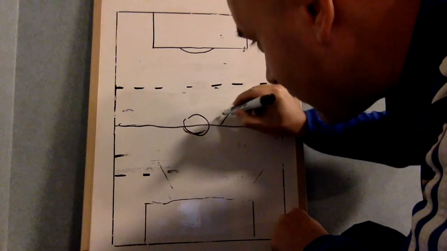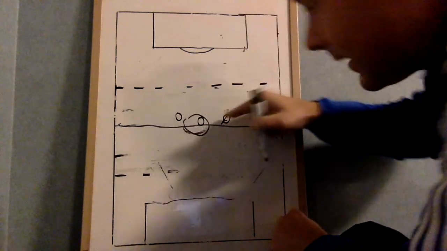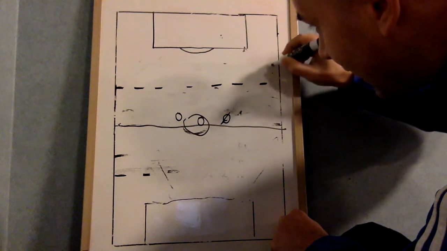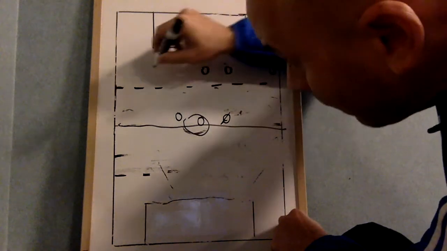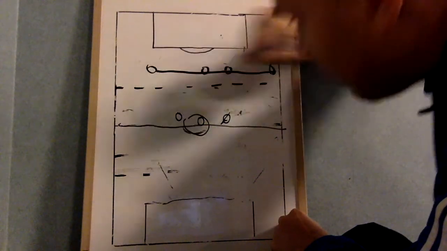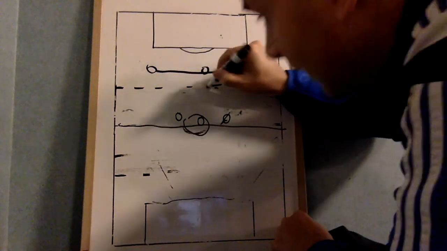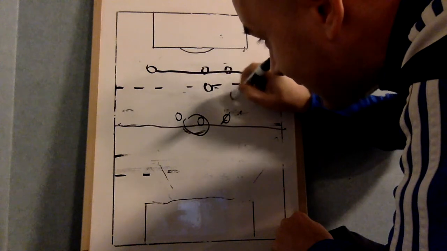So now, as we're really into attack, we have our 3 center backs, correct? And our wingers are going to be pushed up really, really high now. One winger, forward, forward, winger. Now you have 4 players across the top. A very attacking mindset. You'll have your number 10 sitting in behind this, and you can even send another midfielder